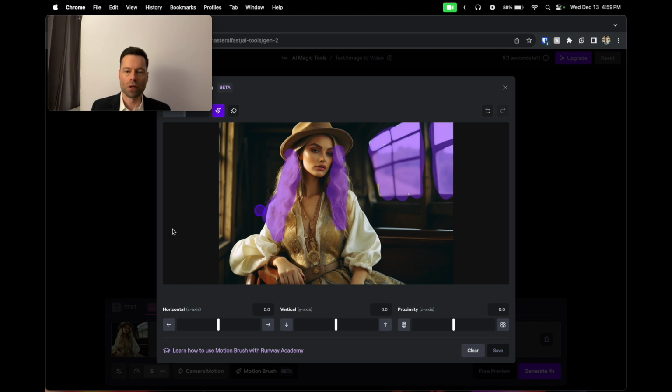So when you're working with the paintbrush, you do have the same camera options again. So horizontal is self-explanatory, it's going left to right. Vertical is up and down. Proximity means how close or how far away is the camera to the subject. So what I'm going to do is I'm going to slightly change this, and I'm actually going to put the camera maybe a little bit closer to her. And then I want to pan to the right,